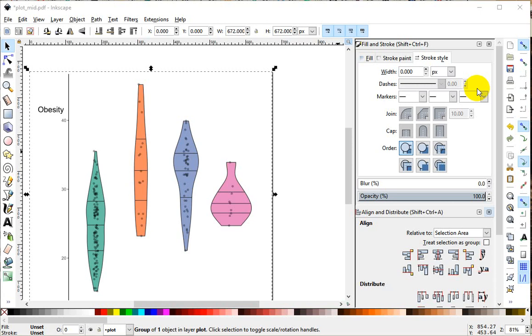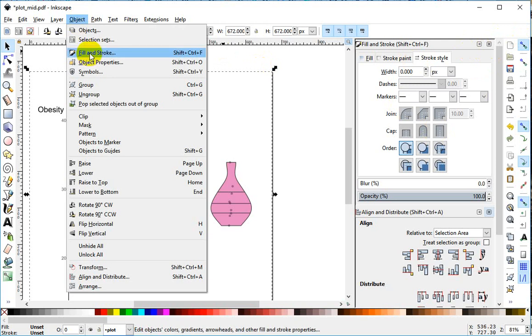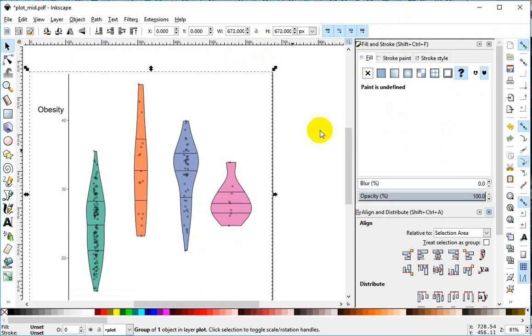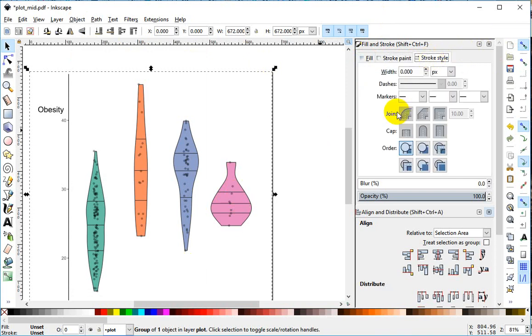Okay, now let's do some work with fill and stroke. This is a menu that you can open, again, from the object drop-down menu, fill and stroke. There's three tabs. Fill, obviously, allows you to fill objects or adjust the fill on objects. The stroke paint is the color, and then the stroke style has to do with the thickness. A stroke is kind of an Inkscape word for the boundaries that are outside of either text pieces or polygons